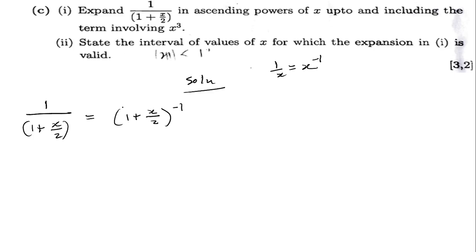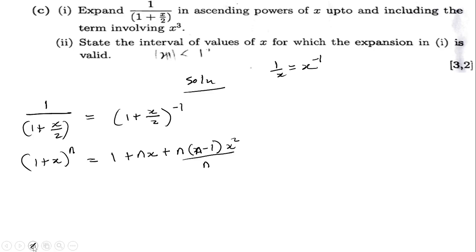Okay, so for this one, what you have to do is to use a formula for (1 + x)^n, and this is the same as 1 + nx + n(n - 1)x^2 over 2 factorial,